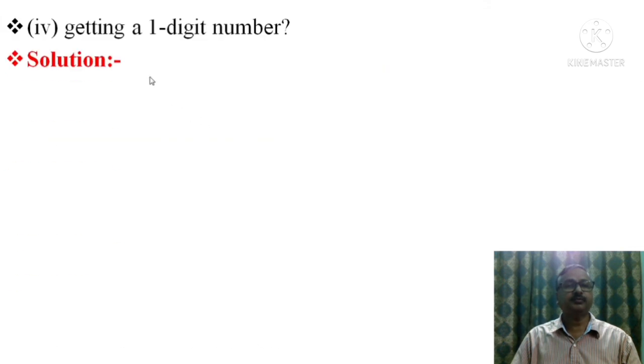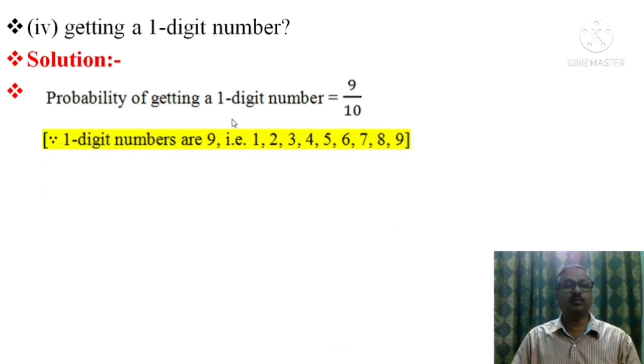So next part, getting a one digit number. Now when we write all the numbers from 1 to 10, there are 9 one digit numbers except 10. So that is 9 by 10 is our answer. Our favorable outcome, if we get any one of these, so this is our favorable. So 9 by total is 10. So this is 9 by 10. And in all the cases, whatever the answers we are getting, 1 by 6, 2 by 5, 9 by 10, all are less than 1. That is, proper fractions. That is, probability is either less than or equal to 1. It cannot be greater than 1.